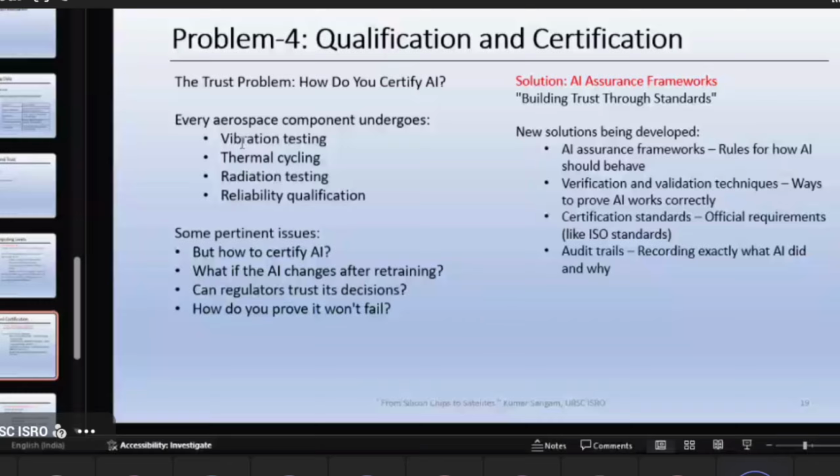A component goes through vibration testing, thermal, radiation qualification, everything. For these, qualification criteria are already defined in the aerospace standards, and they are working very well to date. There is no doubt on those things. Some minor improvements happen here and there with every revision, but broadly it is still the same, and those parameters are still working very well throughout the world.